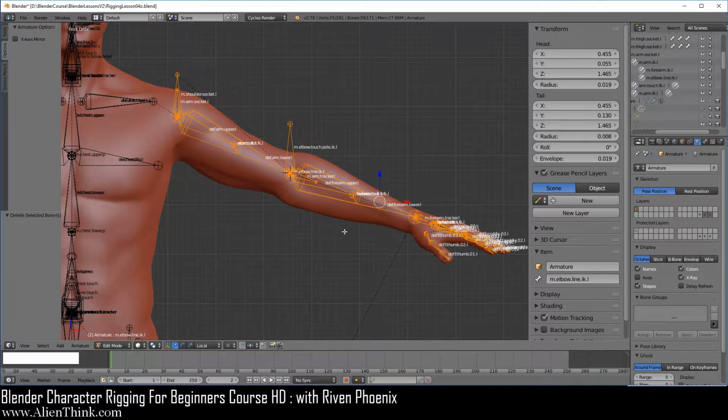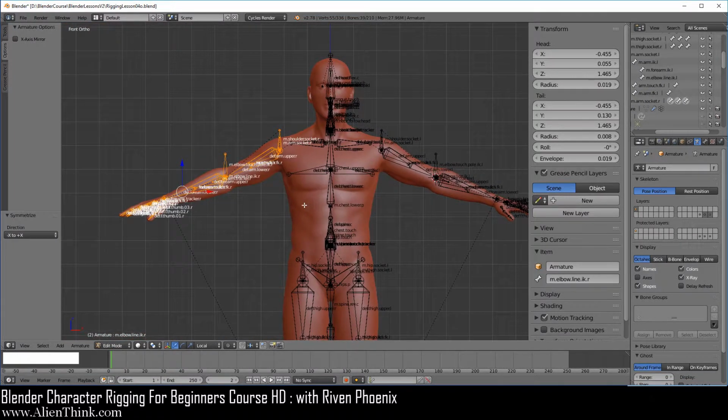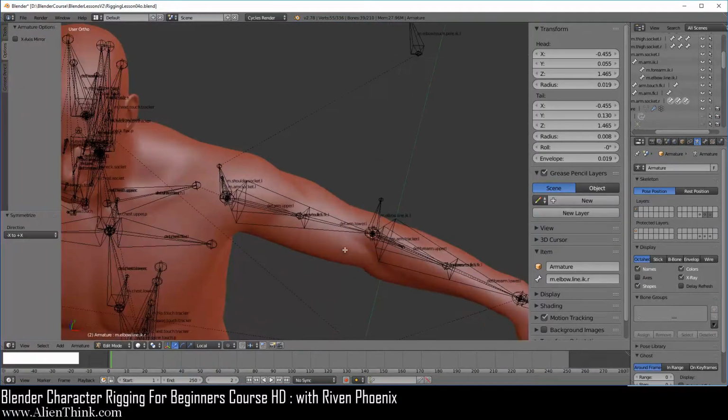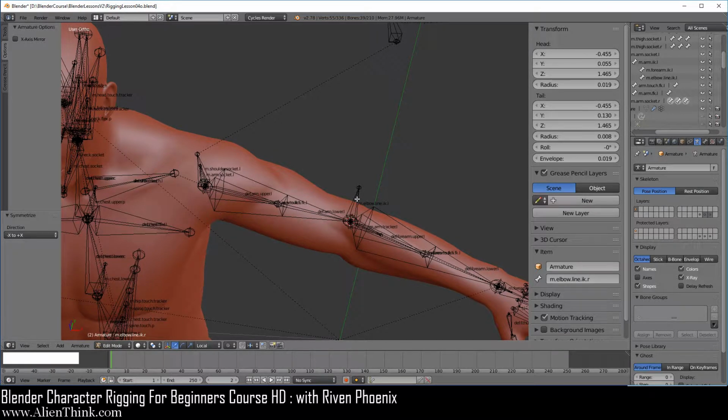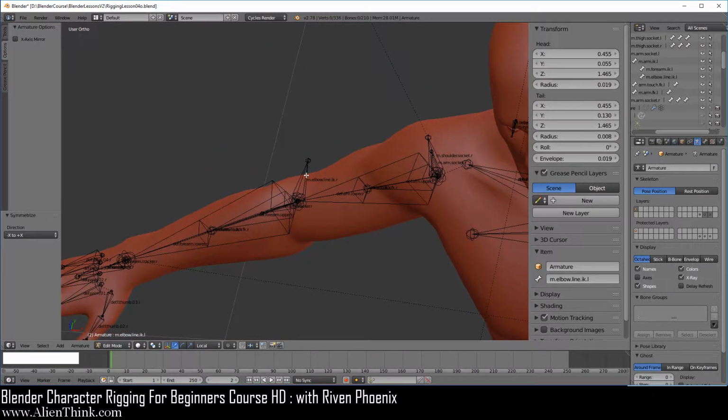Right click to cancel. All you have to do now is just do W and symmetry, but ensure that everything ends up on this side, and it does. Okay, so what we're going to do now is go ahead and click on this bone over here and just press the period key on your numpad to home in on it and make sure that it is unselectable. Okay, now go ahead and click on this one, press the period key on your numpad, and make sure that it is unselectable. Okay, so that's set up.